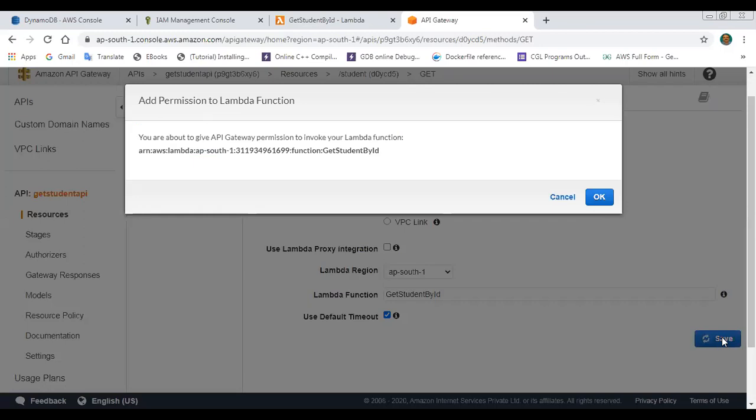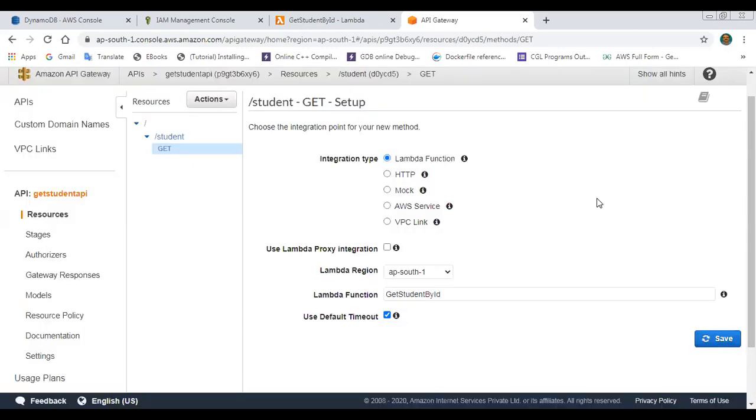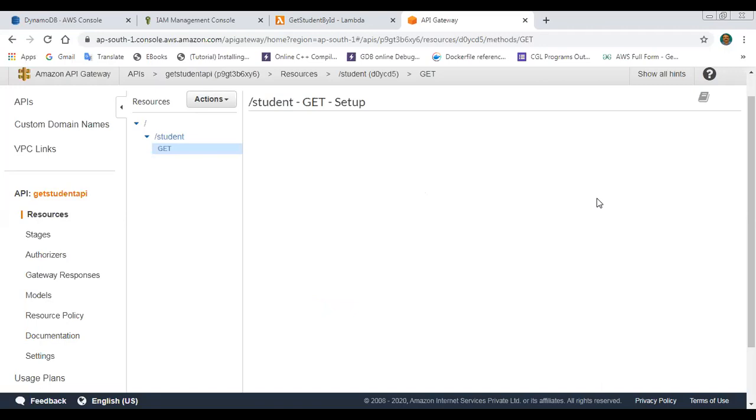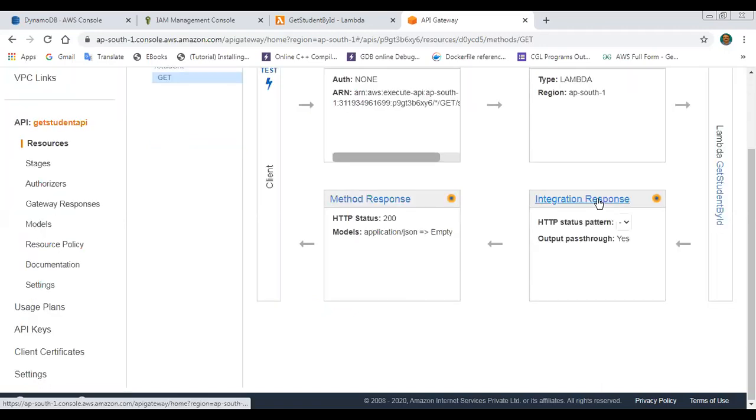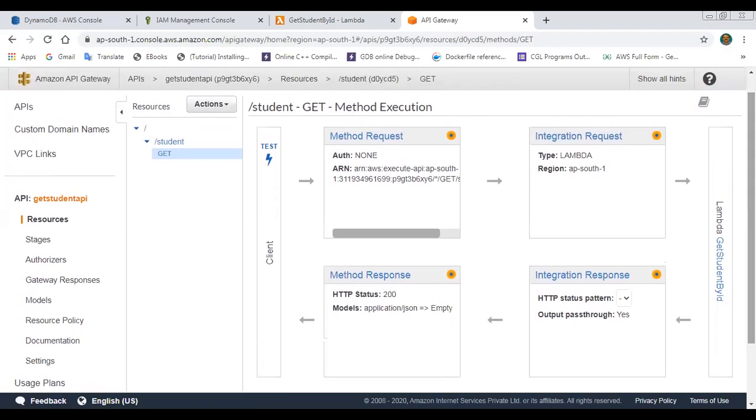At the time of saving, it asks you to add the permission to the lambda function. So I'm adding the permission. Then this is the environment provided by Amazon for executing the get method.